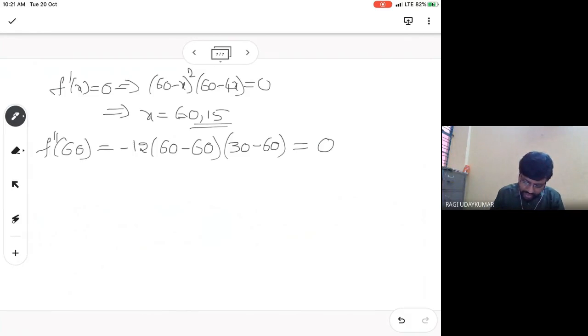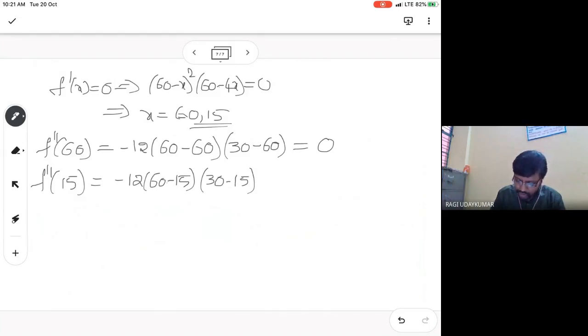Another point to find out. So what do you get? Minus 12 into (60 minus 15), (30 minus 15). So there is no need to find out the value, whether you will get positive or negative is what is necessary. There is no need to find it completely, just find out whether it is negative or positive. This will be negative. Since it is negative, by the second derivative test you can see that